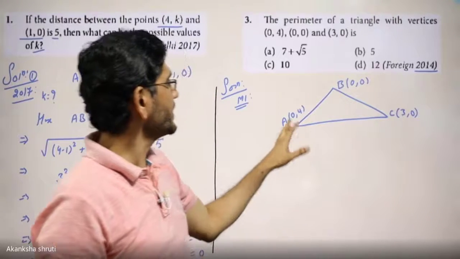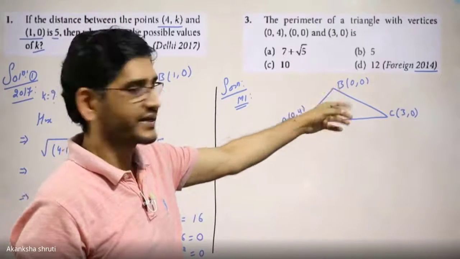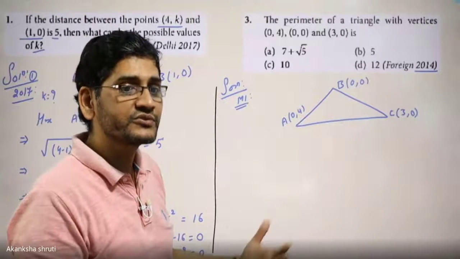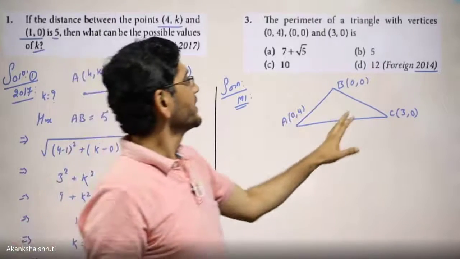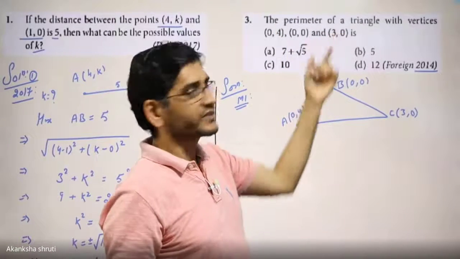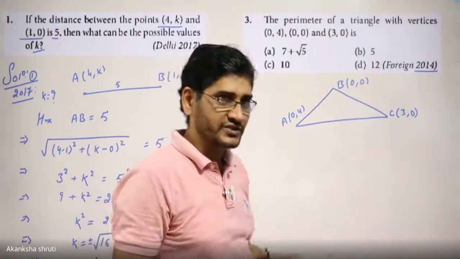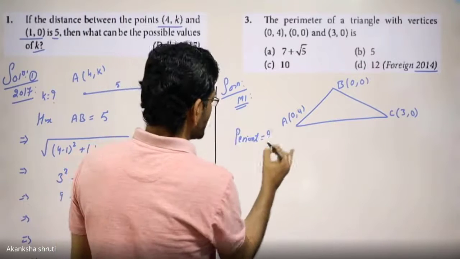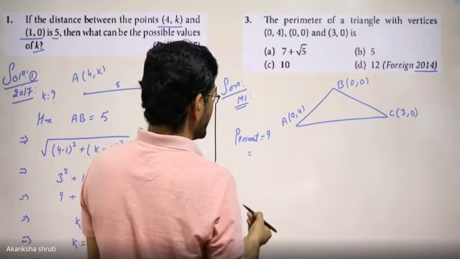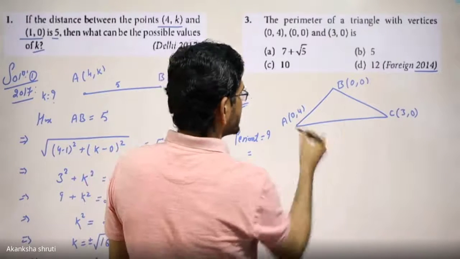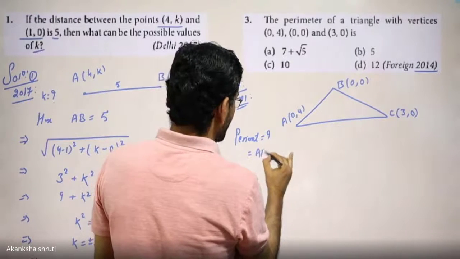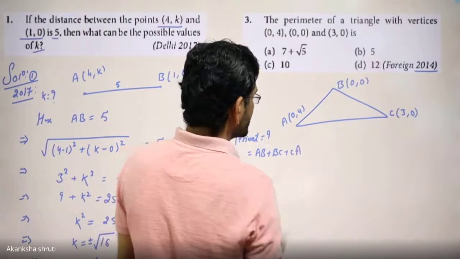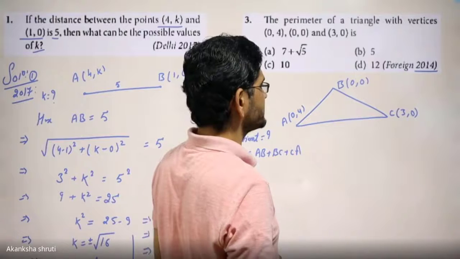Though by using proper plot, we can get it quickly, just within a minute or within a few seconds only. But if these coordinates are not convenient, how do we get it? Students, we have to find the perimeter. So this perimeter is given by the sum of all these three sides. It will be AB plus BC plus CA. So we need to calculate these three sides.